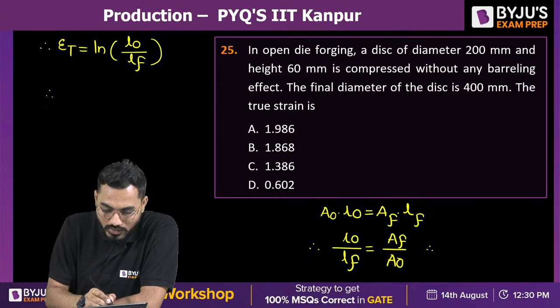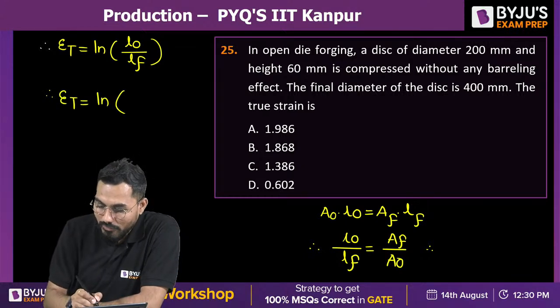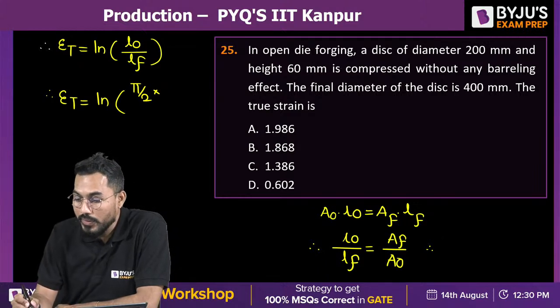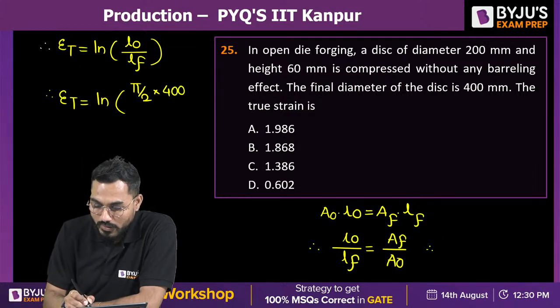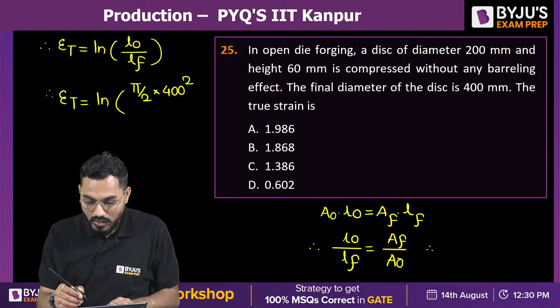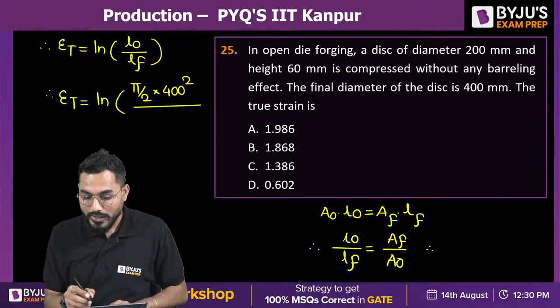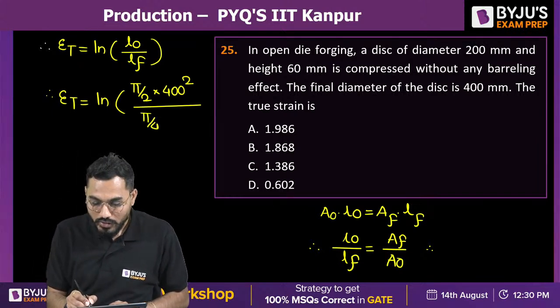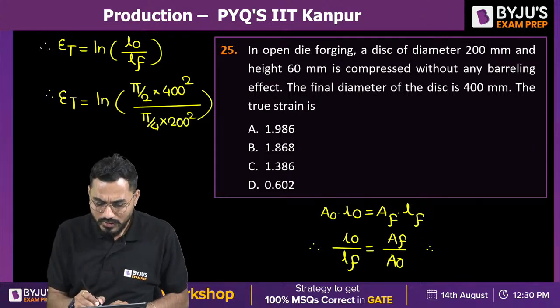So therefore I'll say that true strain is exactly equal to ln(Af/A0). Af, what is that final cross-section area? Pi by 4 into diameter, final diameter squared, divided by A0. A0 is what? Pi by 4 into D0 squared. Fine. So you tell me how much true strain is coming? So true strain will come exactly equal to